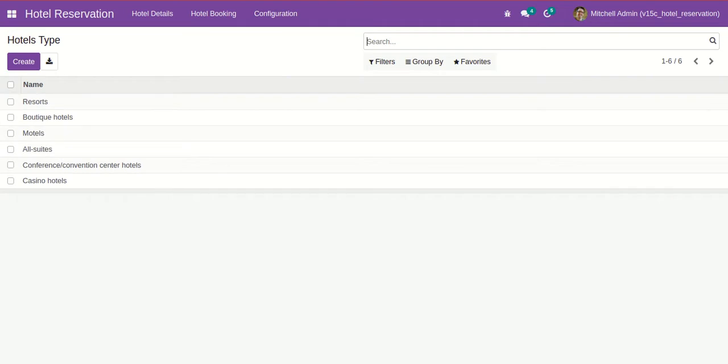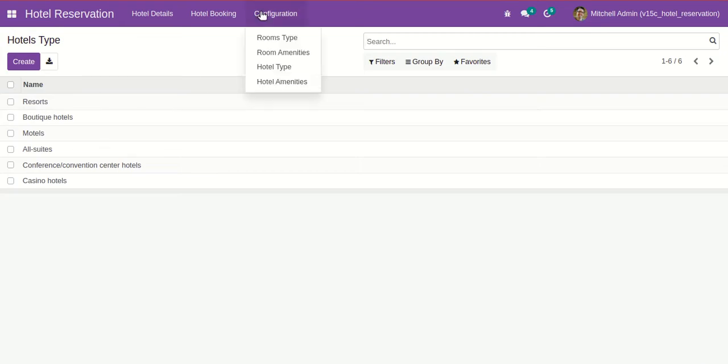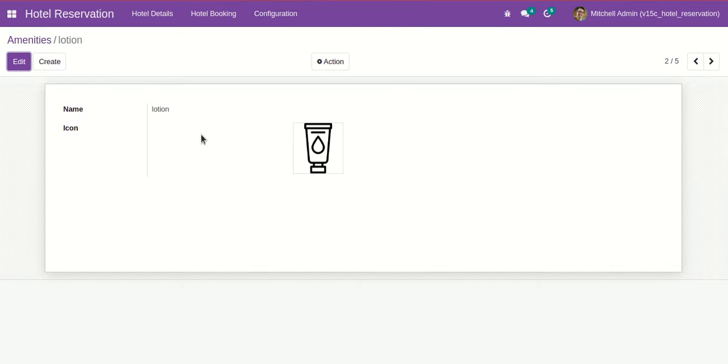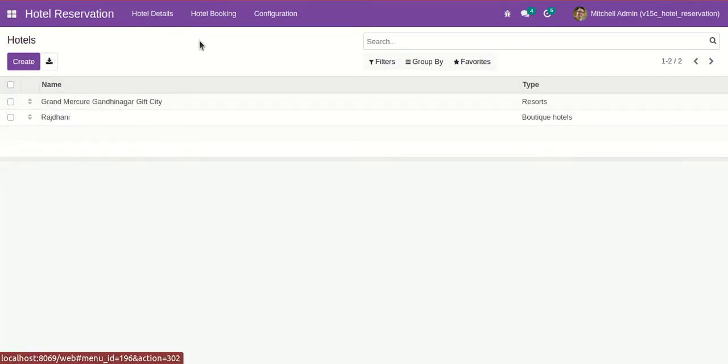Here we can create the types of hotels, and inside the hotel amenities we can add the amenities of the hotels. I already have configured all this stuff, so let's go to the website and let's see how it looks in the website and how it works.